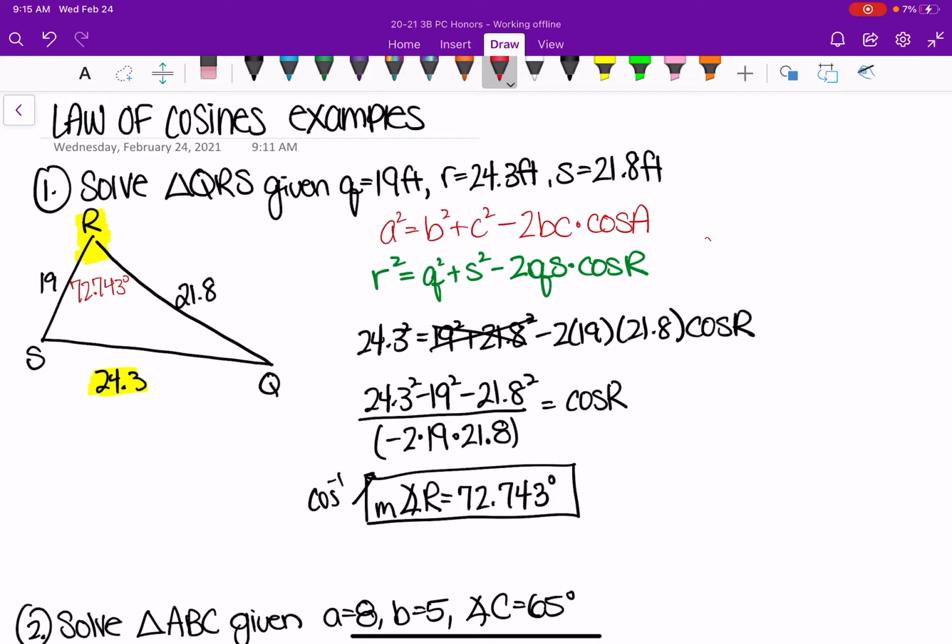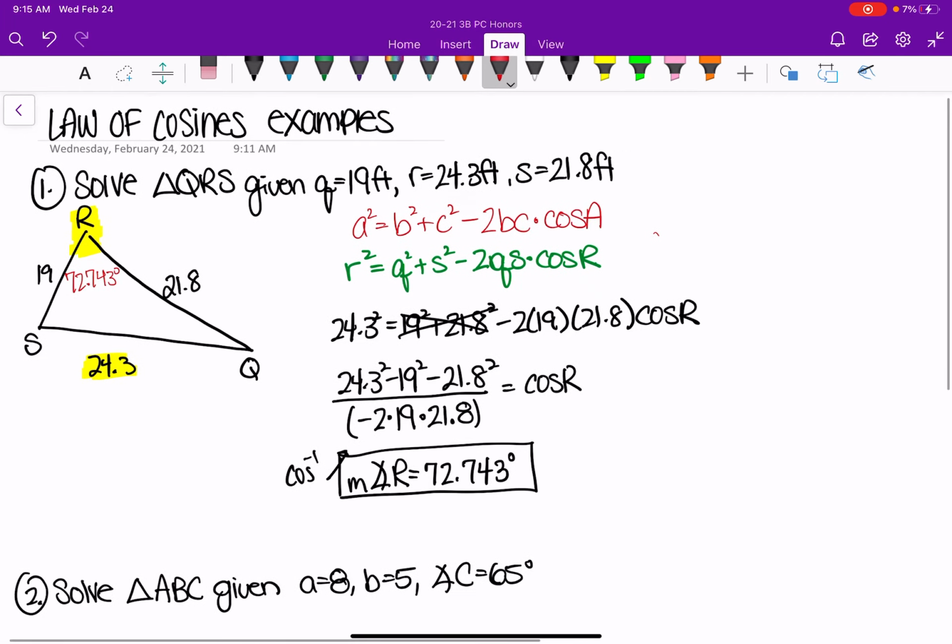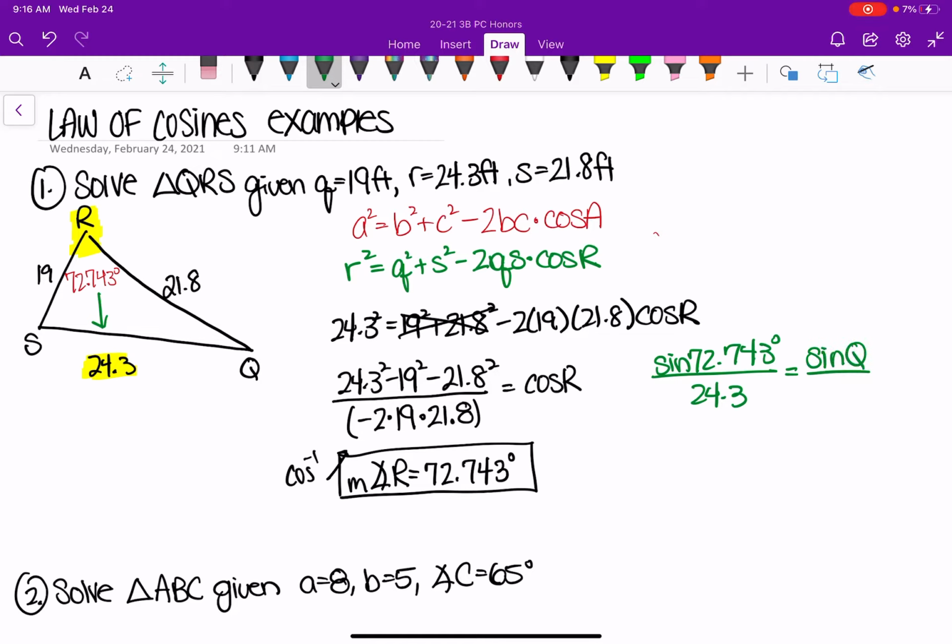So now you guys will notice that when I go to solve this triangle, I could do law of cosines again. That would be totally fine. Or now that I have an angle and its opposite side, I can set up law of sines. So I would use that angle again, and the side across. And we can solve for whichever other angle we like. I'll just choose Q. And solve here. Now this is the setup for the ambiguous case,